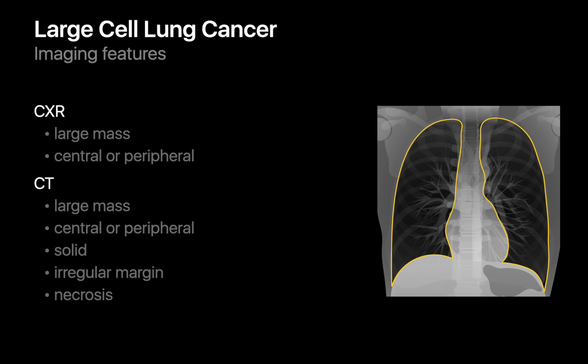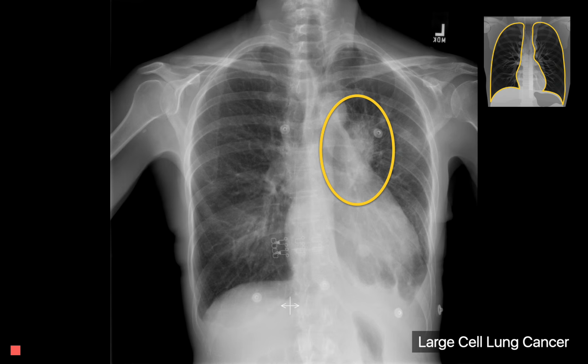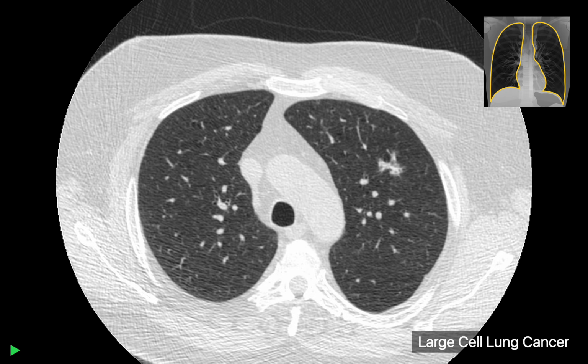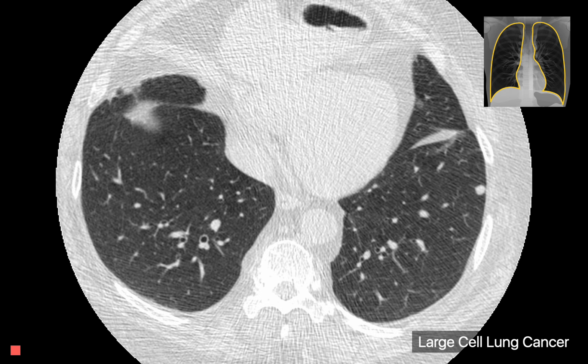Large cell lung cancers can grow quickly and may often be undetected until they've already metastasized. Due to their rapid growth, they can necrose and cavitate centrally, like squamous cell carcinomas. Many large cell lung cancers present as a large mass that may be either central or peripheral in location. Here's an example of a large cell lung cancer presenting as a left perihilar mass, while here's a different example presenting as an irregularly marginated left upper lobe lung nodule that had already metastasized to the left lower lobe.